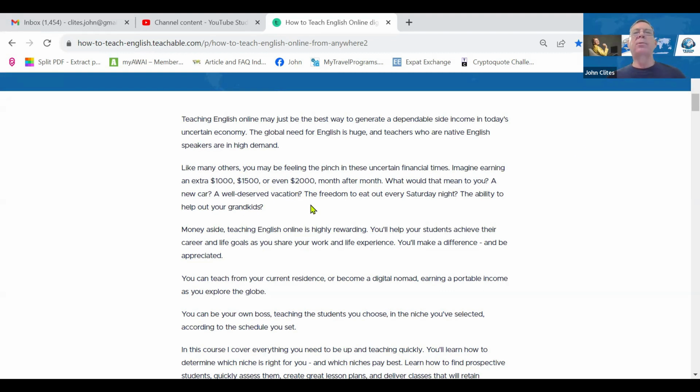As far as what you can make, we talked about that previously, but I really think that there just is no better side gig out there, right? If you want something to do at night, or perhaps you're retired, entering retirement, and you want some additional income to augment your retirement income, then I just can't think of anything better. And money aside, I just find this so very rewarding. I'm still teaching all these years later, in large part because I know that I'm helping students out there. I'm helping them to achieve their life goals, and that's a really good feeling.